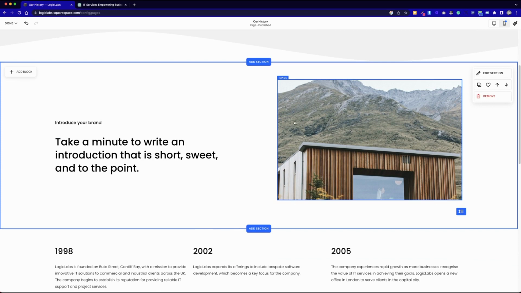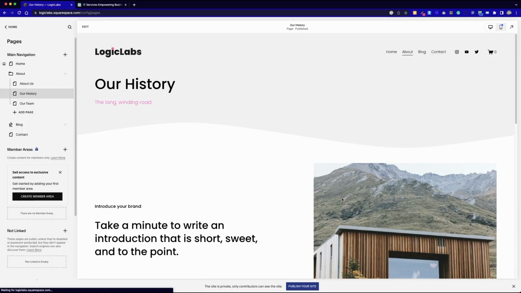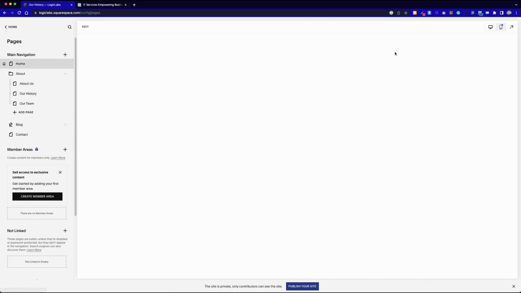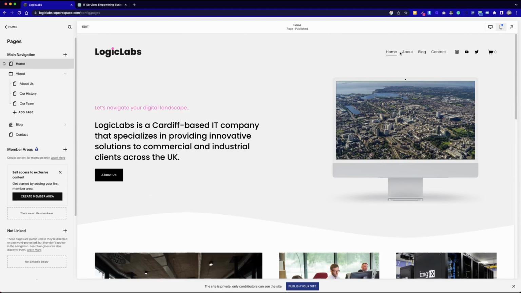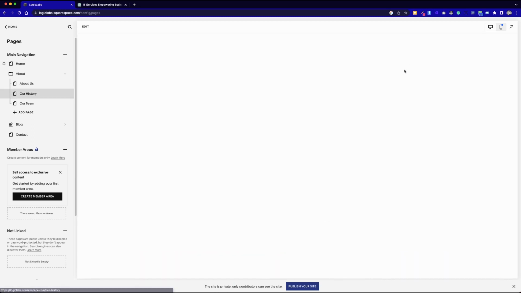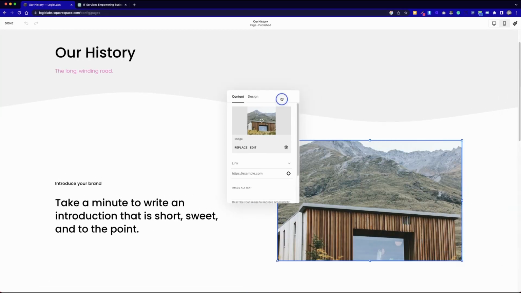And the one thing we had on the home page was a distinct style for images in this type of format. You can see here we've got that cutout on the right side of the image. So if we go back to our history page, we need to change the text here, choose the right type of photo. But if I double click on this image, we can replace,